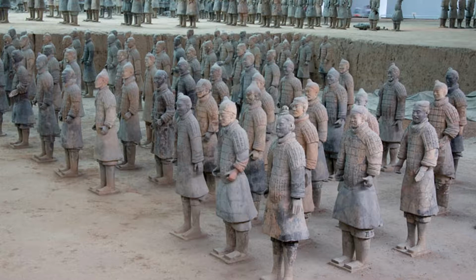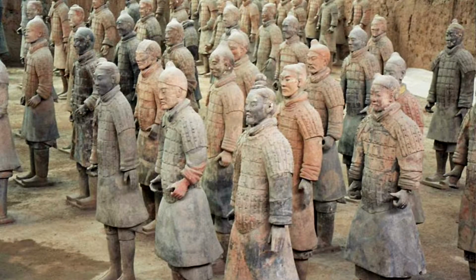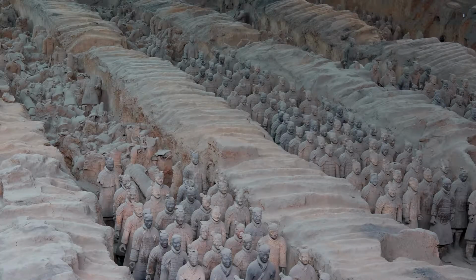This is probably one of the few things you really want to see before you die. Talking about death, this is actually one of the most amazing funerary art ever made. It's an impressive collection of terracotta sculptures representing the army of Qin Shi Huang, which was the first emperor of China. The purpose of this truly unique artwork was to protect the emperor in his afterlife, so they were all